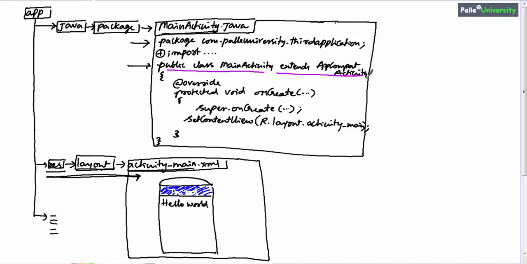First let me explain first part of the expression. What is public class MainActivity? It is very simple. Since Android is based on Java syntax and since Java language is an object oriented programming language, whatever the code you want to write in a Java file, that code should be written within the class.